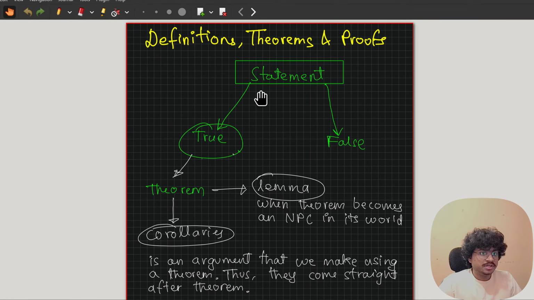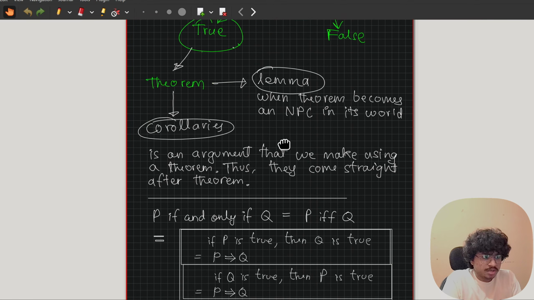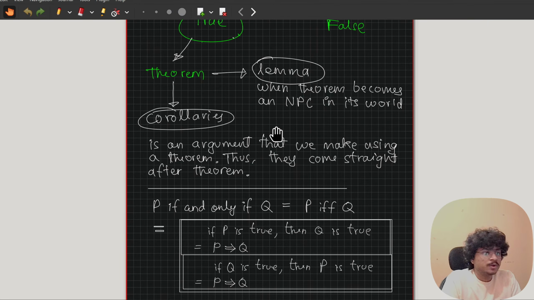We saw about statements. A mathematical statement can be true or false. And if it is true, we make it a theorem. And from theorems, we make lemmas and corollaries. Lemma is basically when a theorem becomes an NPC in this world. I tried to make it a kind of mnemonic. So basically, lemma,